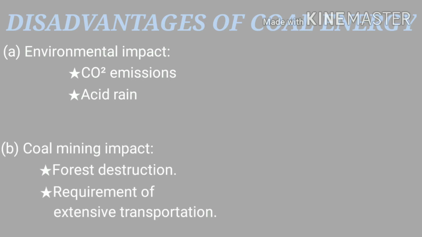Coal mining impact. The coal seams are surrounded by plants, rivers, and other natural landscapes, and digging for coal may destroy forest areas that serve as wildlife habitat. It affects the ecosystem and biodiversity. Transporting coal would need an extensive transportation system that is likely to pass through mountains and valleys. Building such infrastructure would destroy the landscape and increase pollution due to emissions of various vehicles.